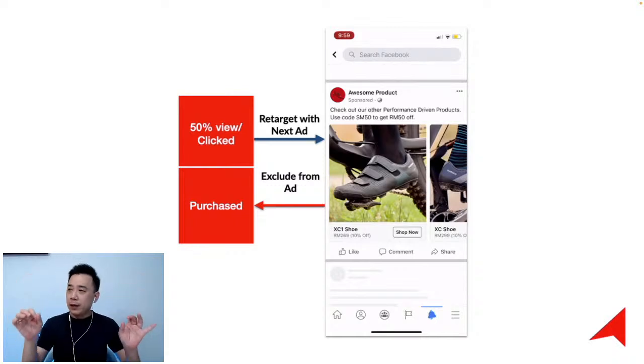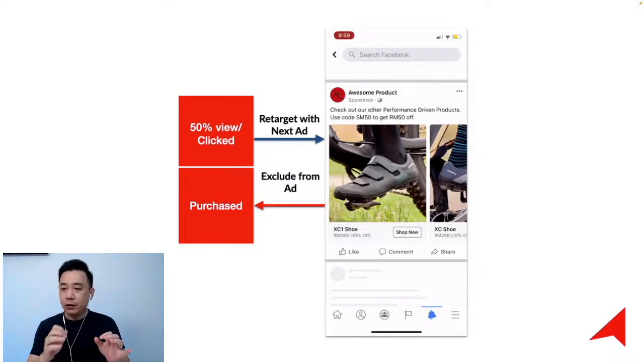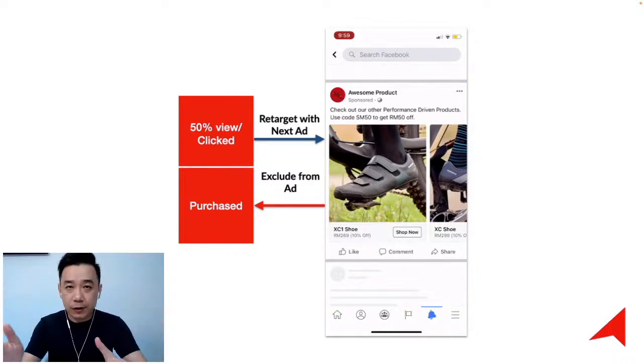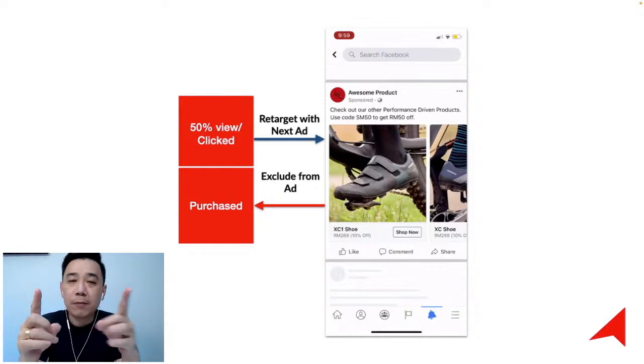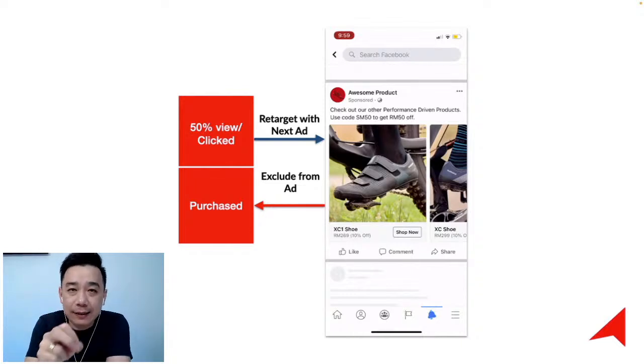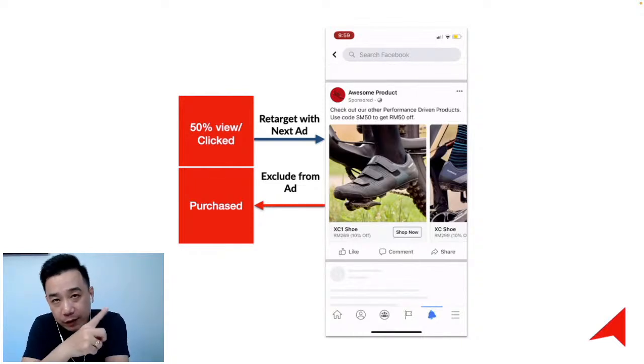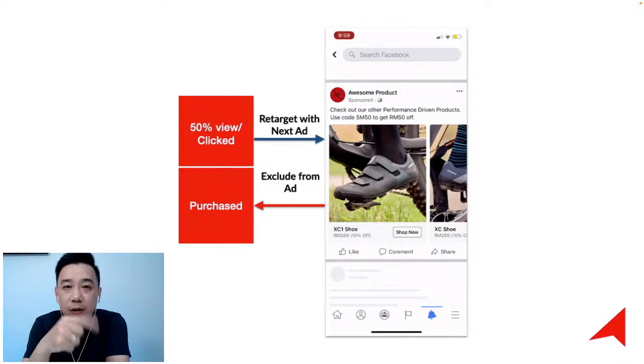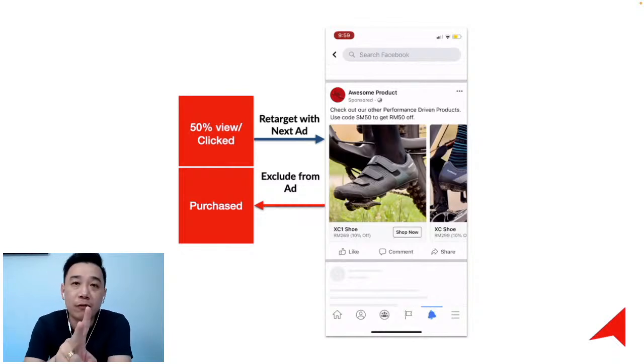So here's the thing. When you're doing retargeting, you want to retarget for the optimum duration. First rule of thumb, retargeting ads starts immediately. The moment I watch the video and I close the app, come back to Facebook again, I need to see your retargeting ad right away. That's the first rule of thumb. The second rule of thumb is you will retarget for only the optimum duration, which is the conversion window. How long do people take usually to consider whether to buy from you or your competitor?